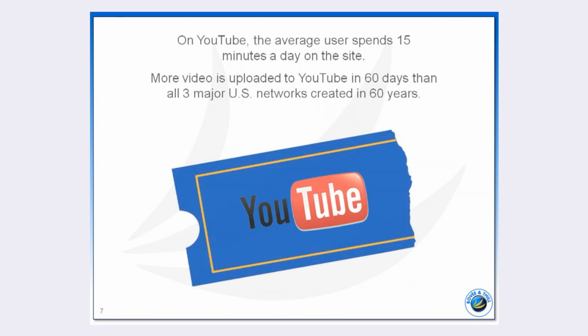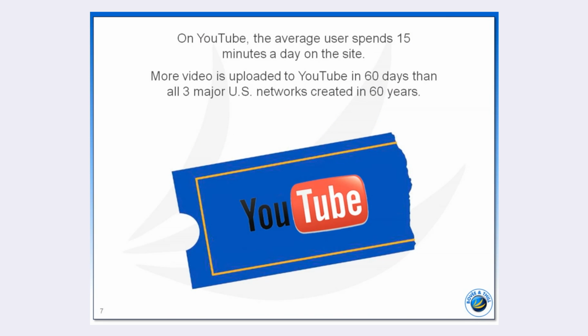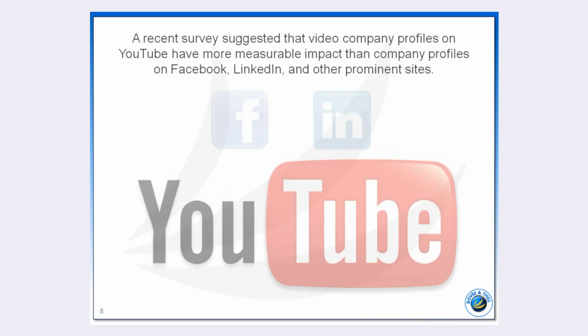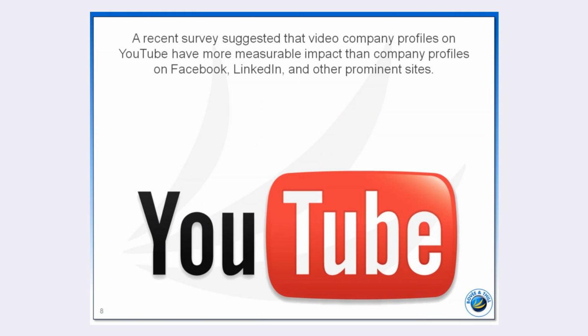On YouTube, the average user spends 15 minutes a day on the site. 60 hours of video is loaded onto YouTube every minute. More video is uploaded to YouTube in 60 days than all 3 major U.S. networks created in 60 years. There are more than 120 million videos on YouTube. 25% are using a mobile phone. YouTube is translated into 51 languages by Google's automatic speech recognition technology. 70% of YouTube's viewers are outside of the U.S. A recent survey suggested that video company profiles on YouTube have more measurable impact than company profiles on Facebook, LinkedIn,